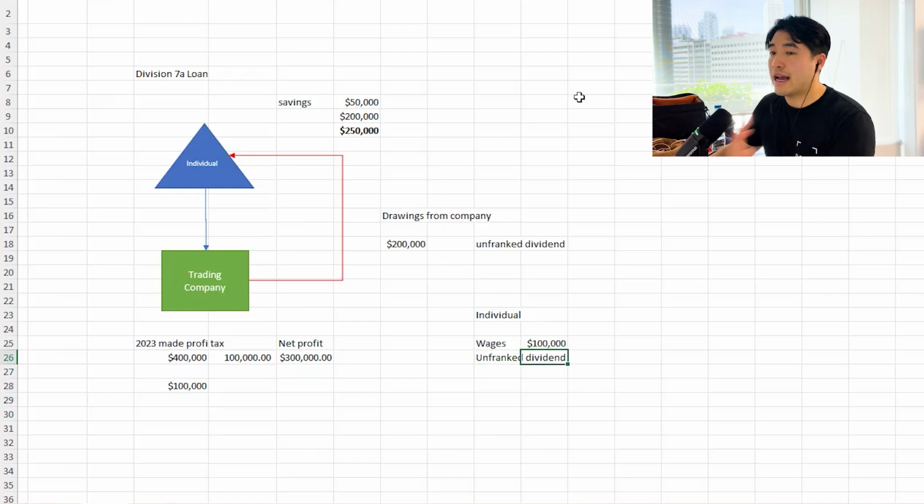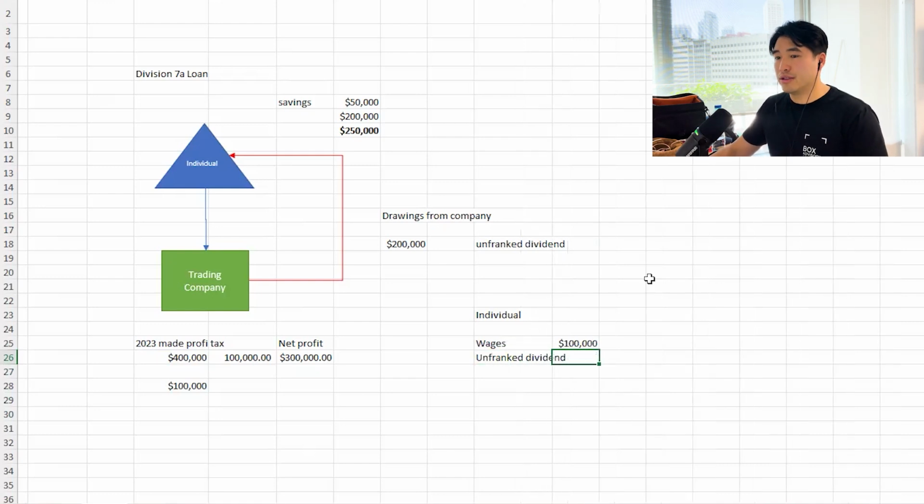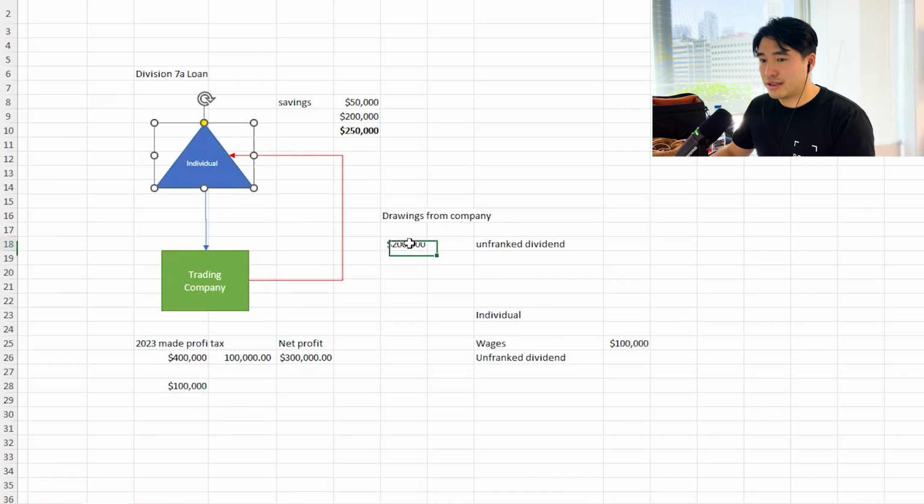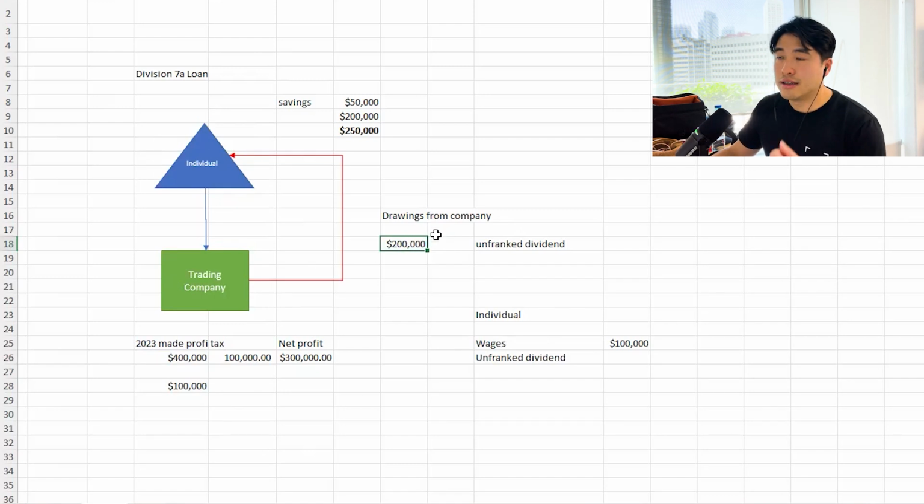And that doesn't just happen automatically and it doesn't pre-fill into your tax return or anything like that. The only way the ATO figures this out is they audit you. And when they audit you and they see the $200,000 come out of the company bank account and get put into this individual, they won't ask the question, what is this $200,000? The first question they ask is, please send us the loan agreements that you have in place, if you have any. If you say that I don't have any, then bang, they will do the search.